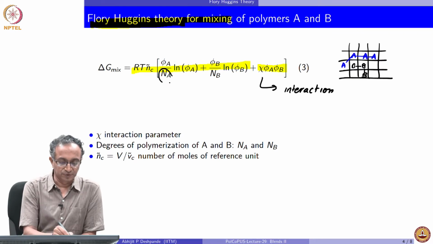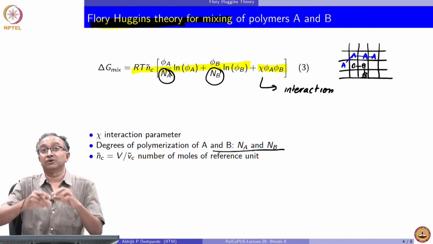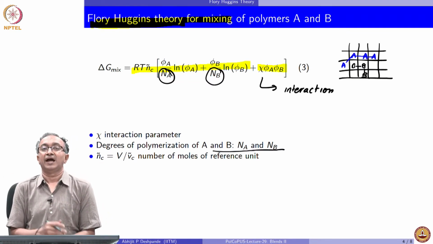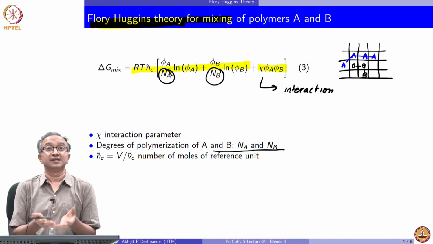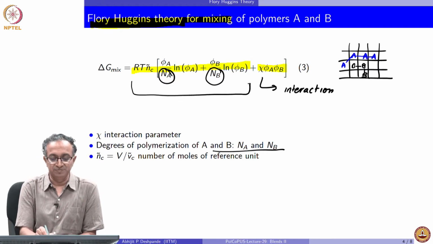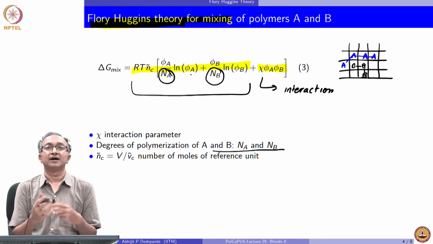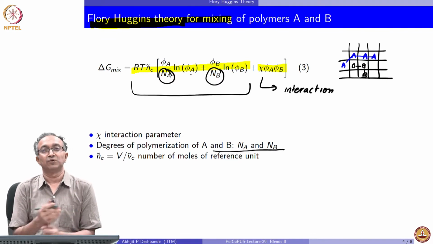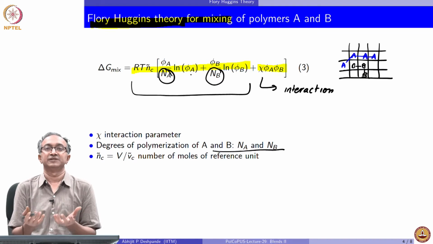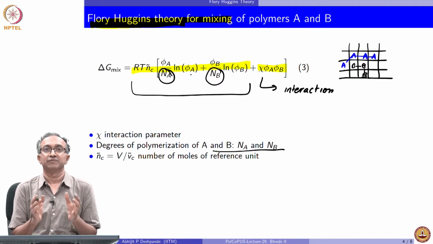Now, one of the things that you notice is that Na and Nb are nothing but degree of polymerization, or the length of the macromolecule. And in case of macromolecules, clearly this is a large number. Degree of polymerization or number of repeating units can be in thousands. So therefore, you can see that this term is going to be exceedingly small, because log phi b and log phi a are basically logarithms of volume fractions, and volume fraction can vary between 0 and 1. So therefore, the entropic contribution is extremely minimal in case of mixing of macromolecules.